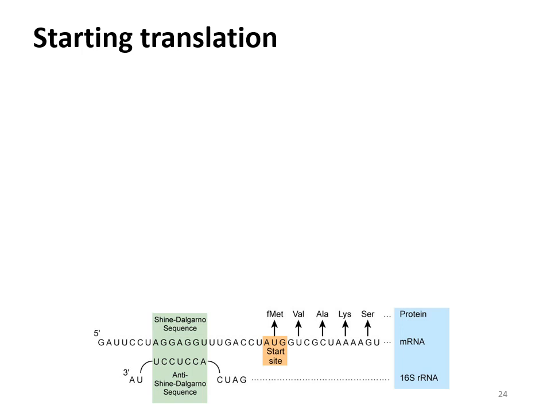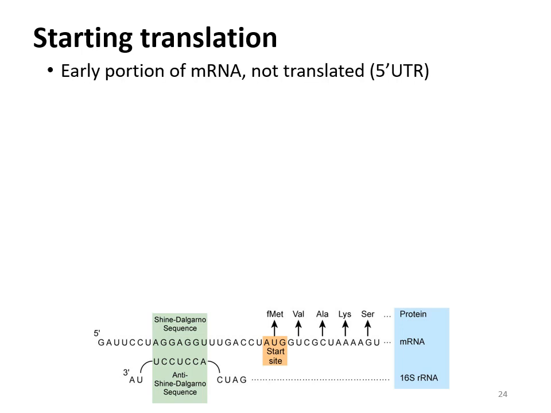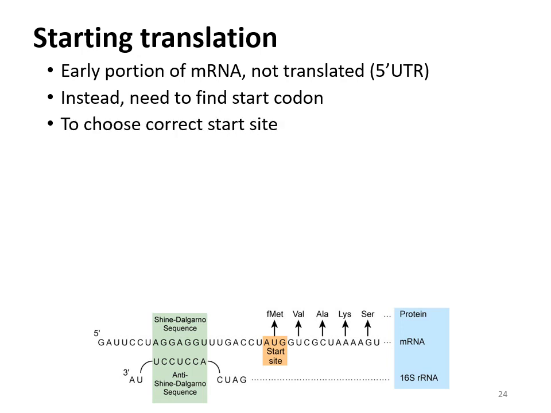So now we're going to go into the exact process of translation. And just like we talked about with transcription, there's initiation, there's going to be elongation, and there's going to be termination. So now starting translation, that's going to be initiation, okay? The very early portion of mRNA, so in the figure here, this portion here, is not going to be translated. It's not going to code for any amino acids or any part of the protein, okay? Instead, it's just part of the initiation. Now, that means that the ribosome is going to have to search and find the start codon. In order to do that,